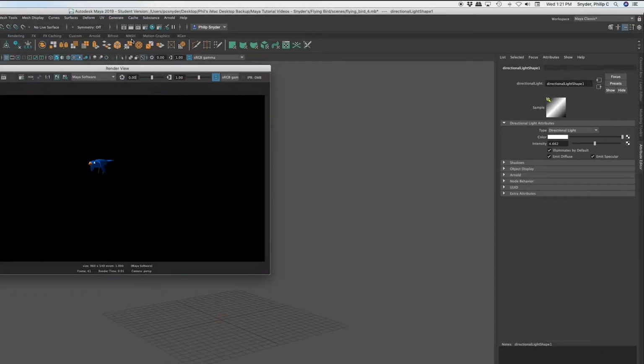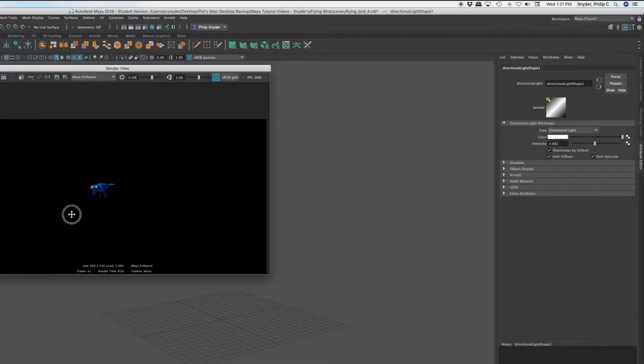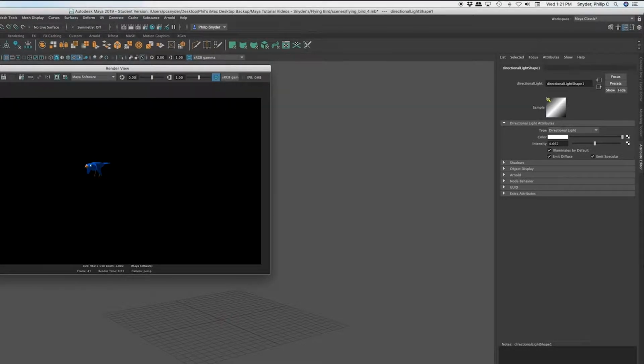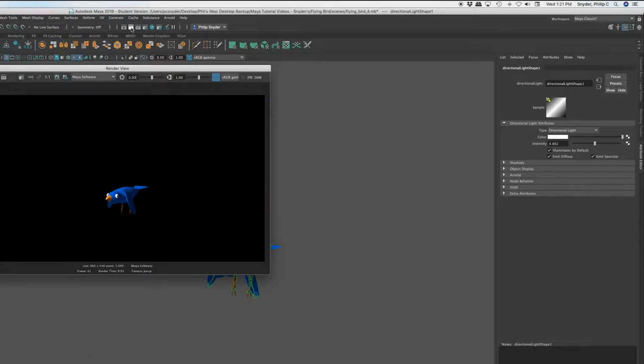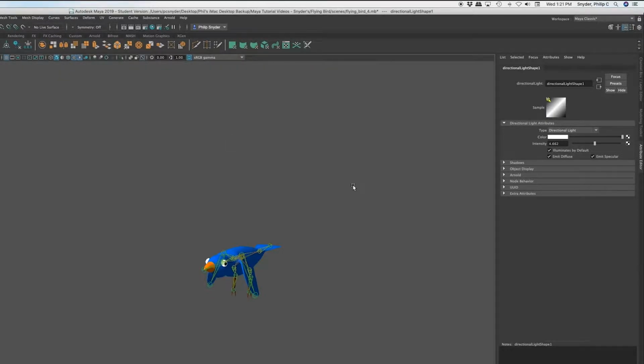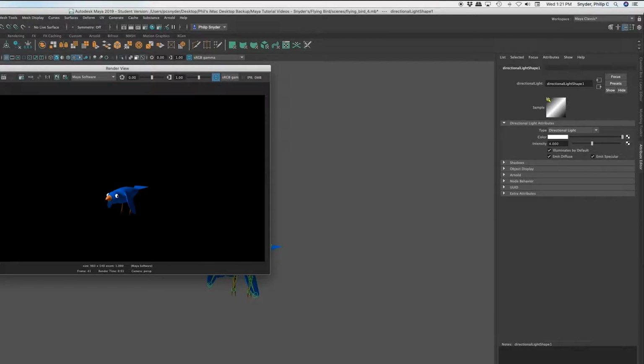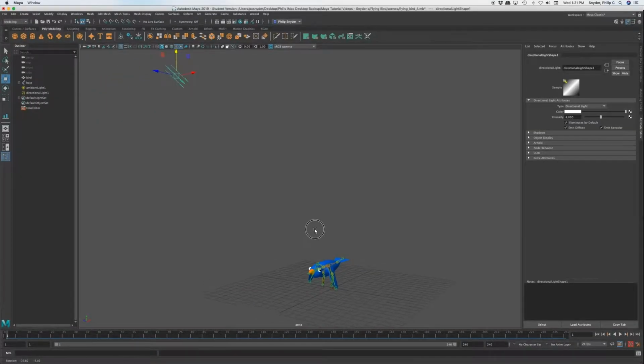Might be too bright now. Yeah, that's not too bad actually. Let's go in a little tighter. Yeah, that looks pretty good. I think I'll bring it down to just an even 4. And take another look at it. That's good. Okay. All right, so now we need to